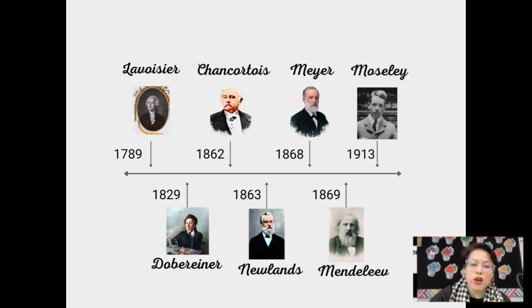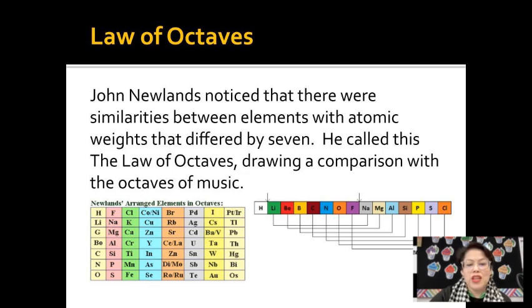In 1864, an Englishman named John Newlands points out for the first time that when you order the elements by increasing atomic weights, you can see a repetition of properties every 8 elements or so. This was true for the first 20 elements, and he called this the law of octaves because he compared the elements' arrangement to musical scales. But this was not a very well received attempt by the scientific community because they thought it was hilarious to compare elements to musical notes. So it wasn't really attractive to people.